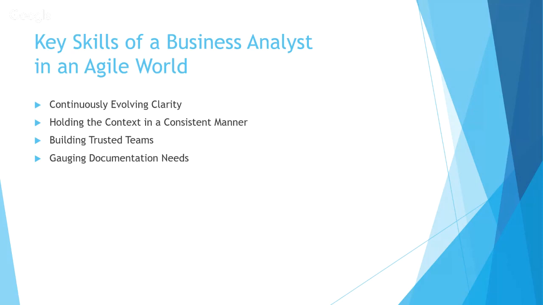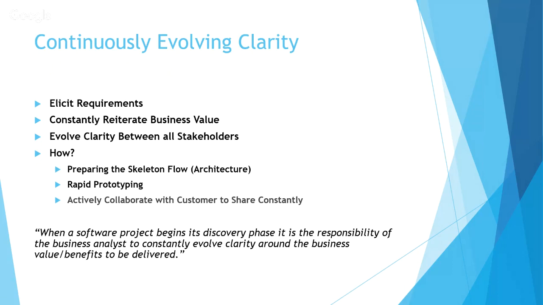So let's go into each of these items in a little bit more detail. First, continuously evolving clarity. When a software project begins, its discovery phase is the responsibility of the business analyst to constantly evolve clarity around the business value and benefits to be delivered. So it's something that the BA really needs to look at, especially at the beginning of a project. The business value and benefits to be delivered. What are we trying to do and what is the value to the business that we're trying to provide with